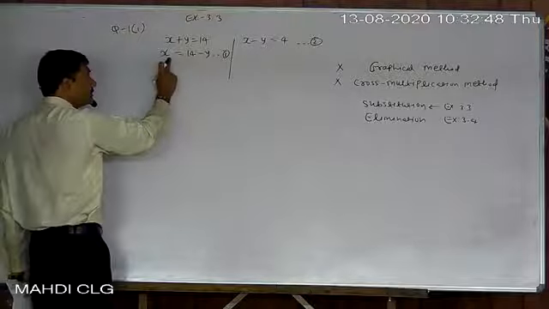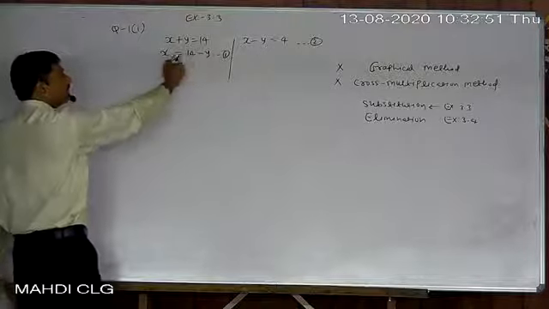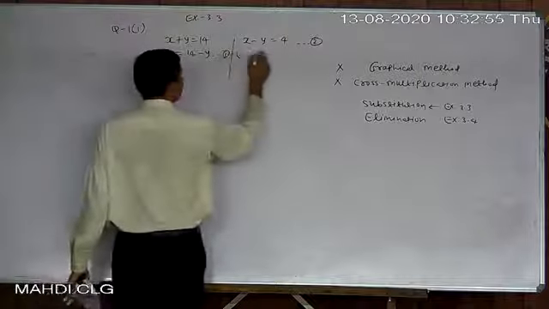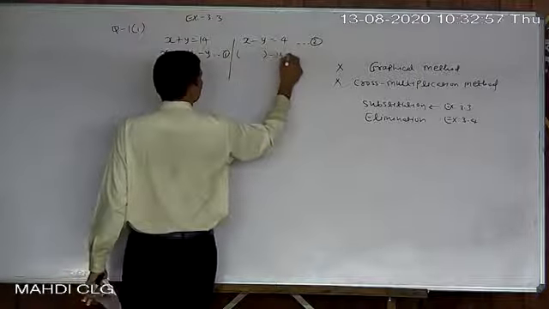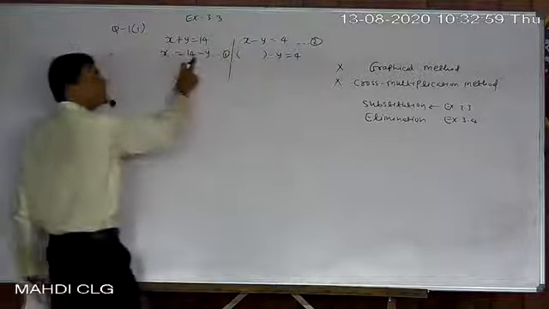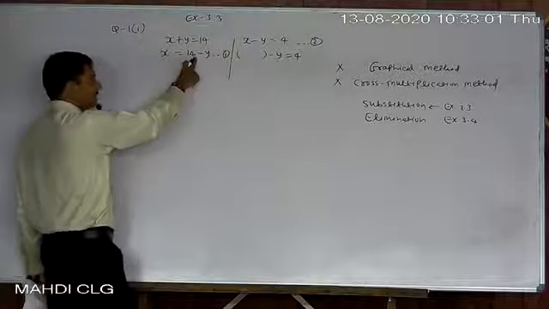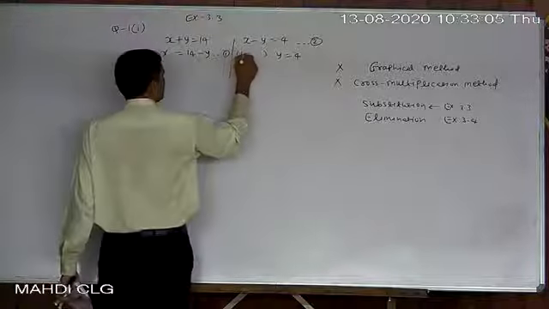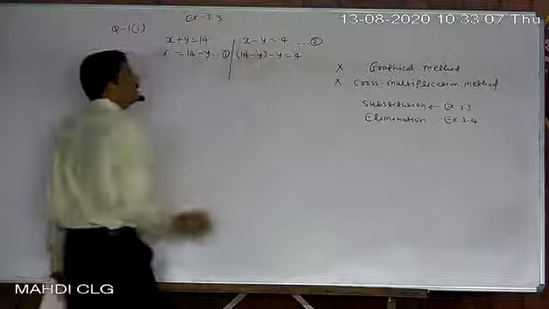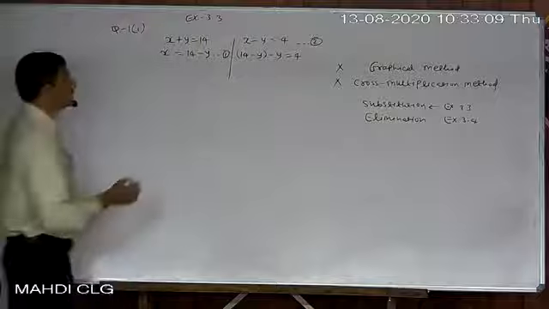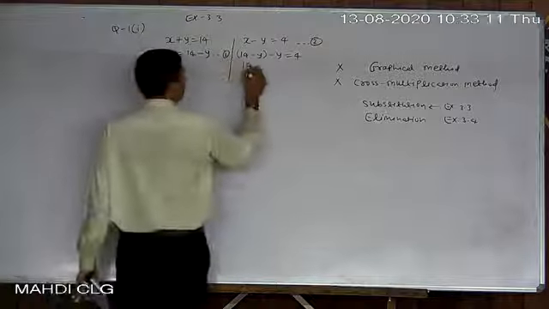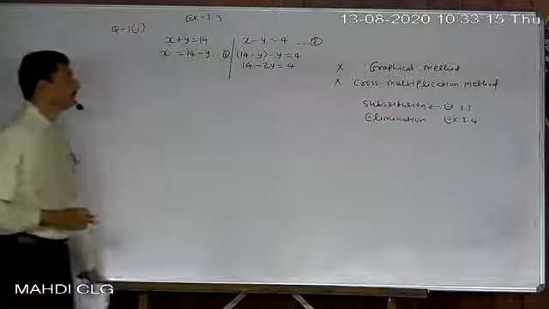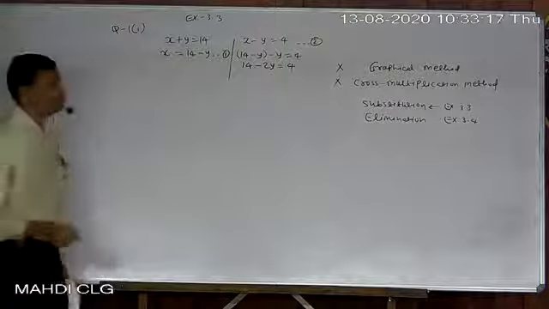Now substitute the x value in this form there. I am writing here, in place of x, not x but its value. Value means here, in unknown form only, its expression. So the expression of x goes in place of x. So it becomes 14 minus 2y equal to 4.